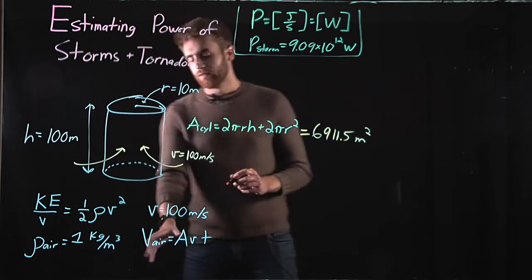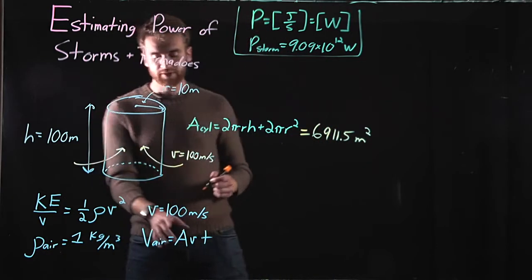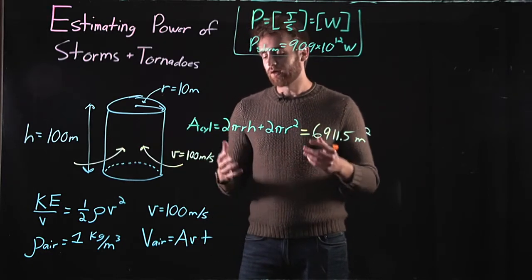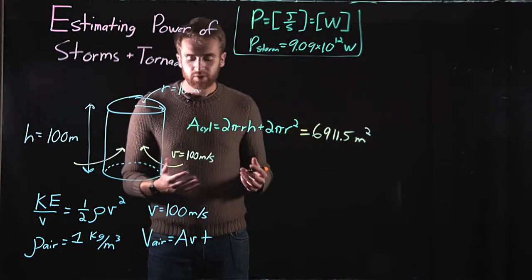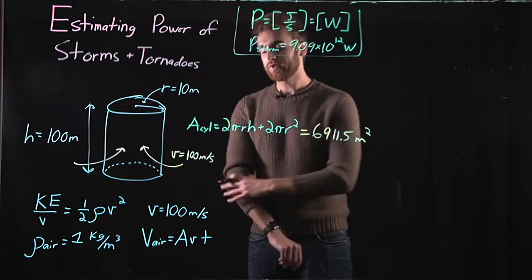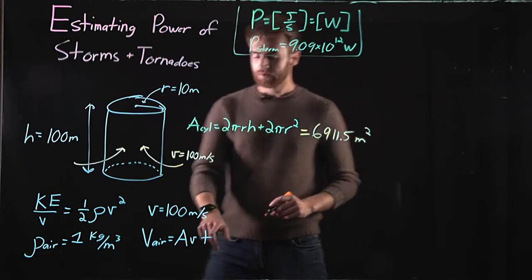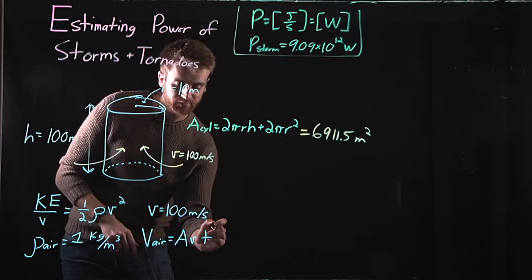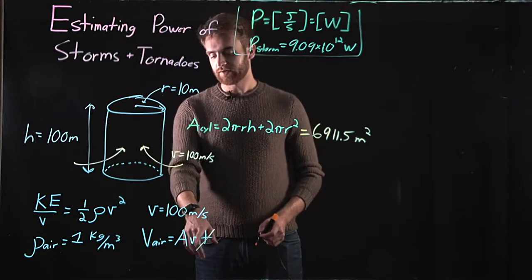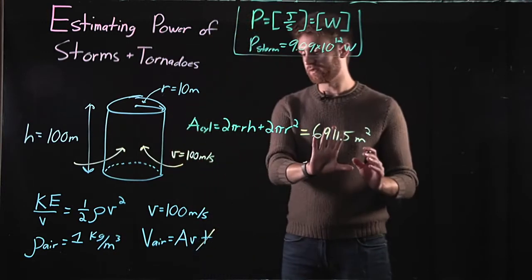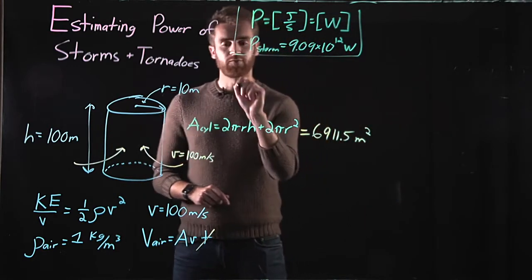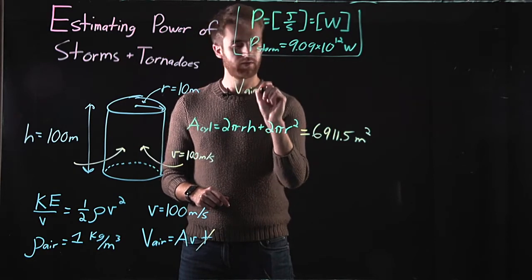Okay, now the volume of air taken up by the tornado, again, is area times velocity times time. Now, just not to get too far ahead of ourselves, but because power is units of joules per 1 second, we can assess the time to just be 1 second. So time is 1, which means it essentially drops out of the formula. And so we really just have to worry about area and velocity. Well, we just calculated the area, and we know the velocity. So the volume of air is just